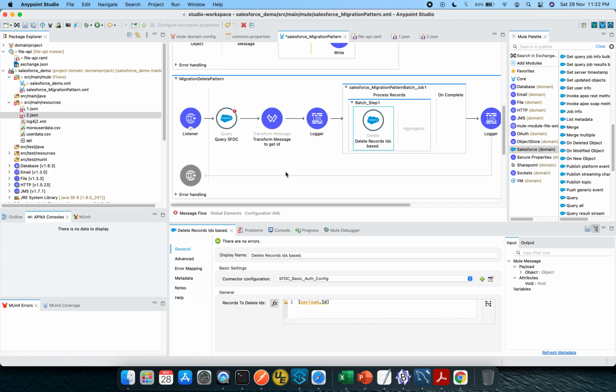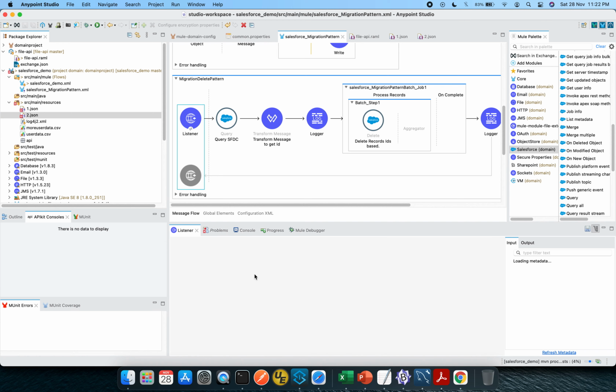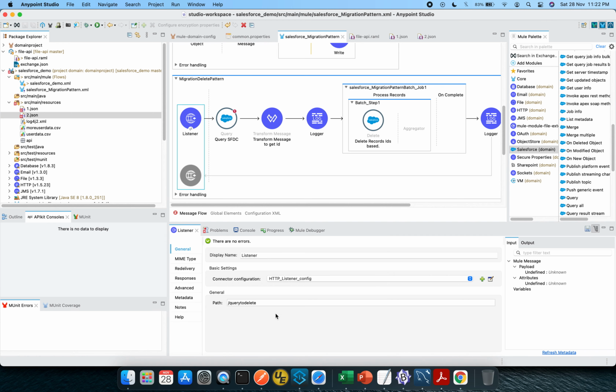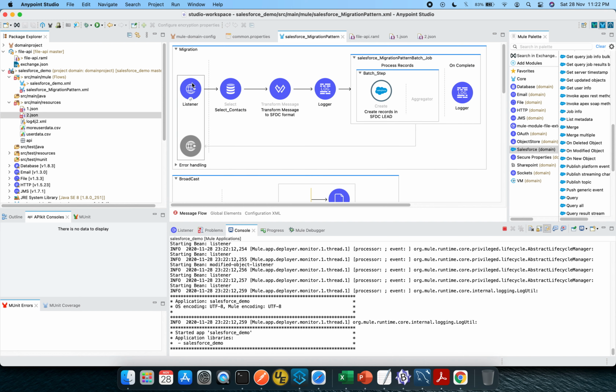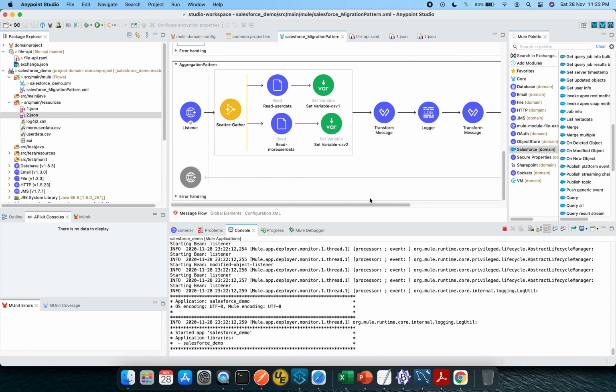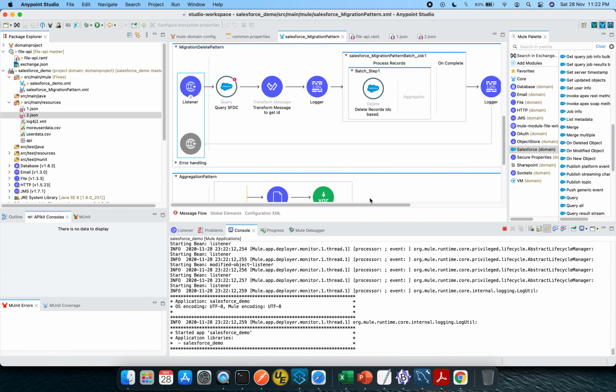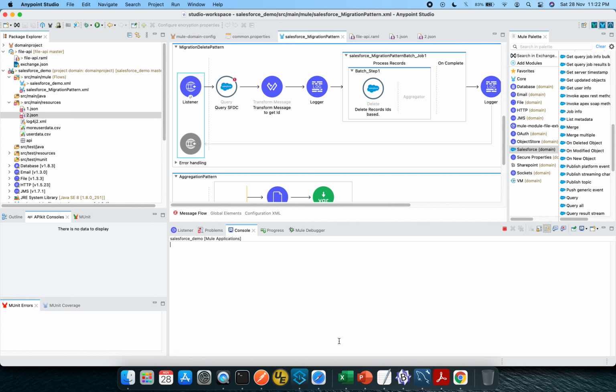So the idea here is, once it is active, once a hit is made on this particular GET method of query to delete, it will delete the rest of the things which were created as a part of our migration flow, and we should come back again to the 22 records within Salesforce. So having said that, let's try to make a hit.